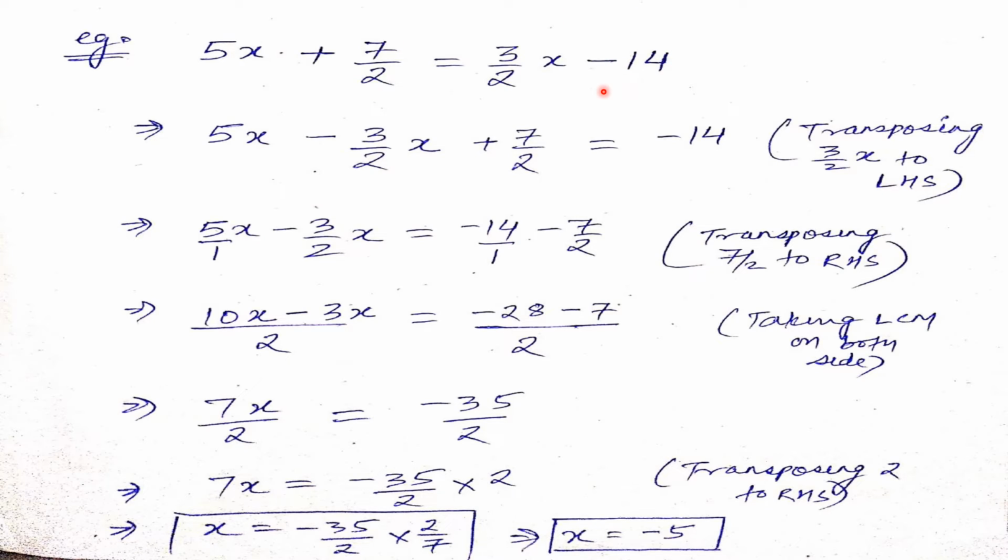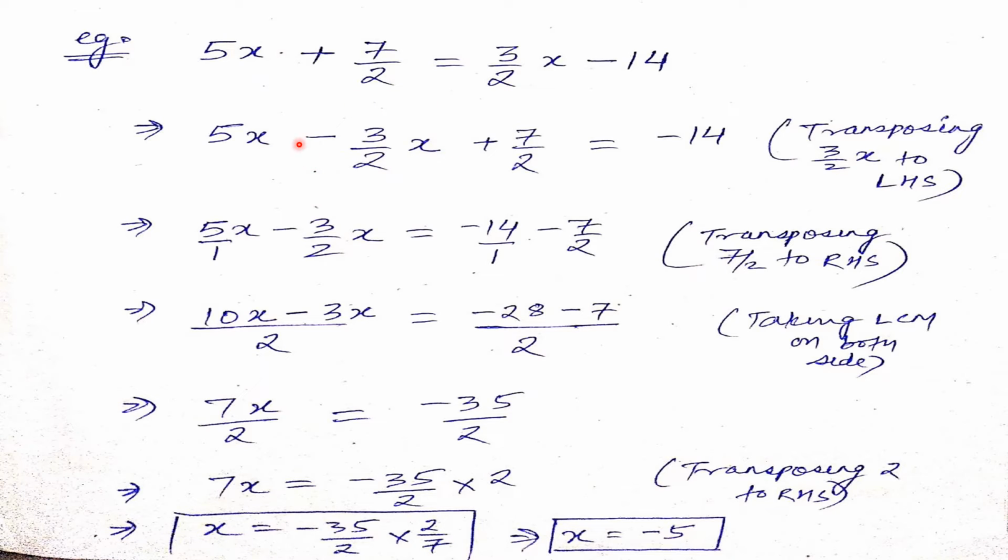So first of all, like the similar previous question, we will take the variables on one side. So first we will make this 3 by 2x to go to the left side. So this will cross the border. So only the changes will be on this number. So when it crossed the border, it became minus 3 by 2